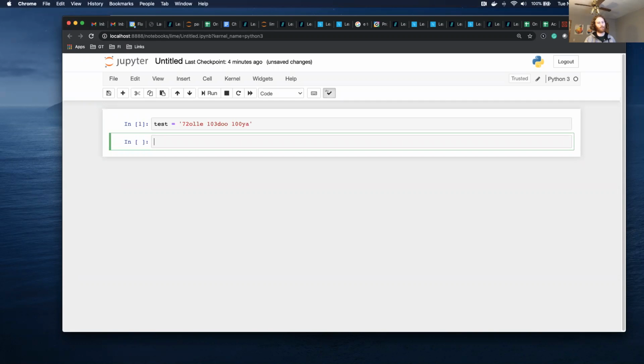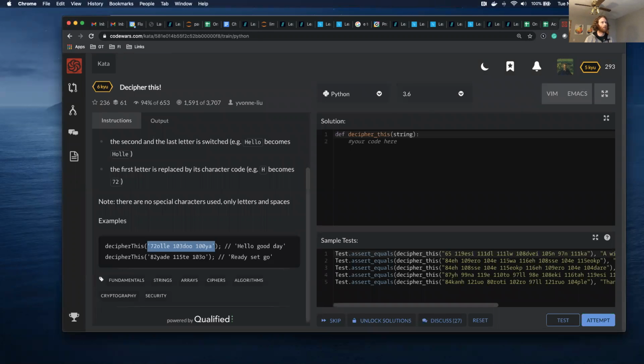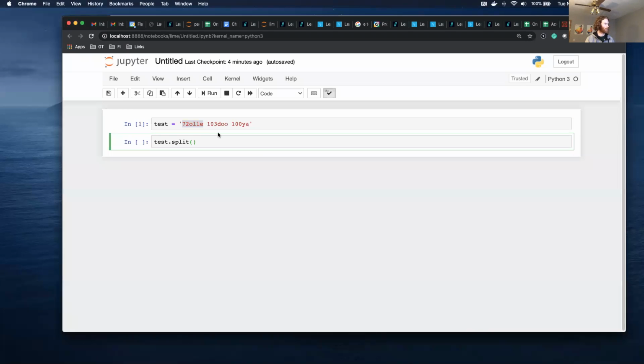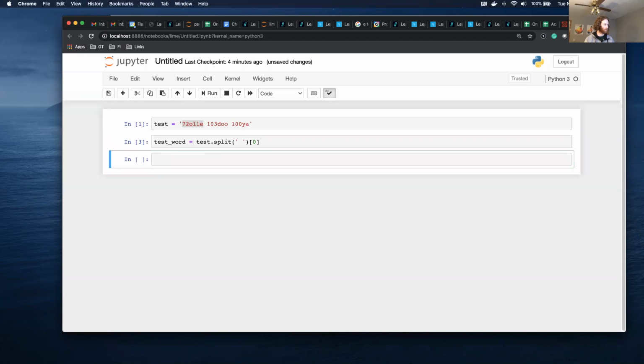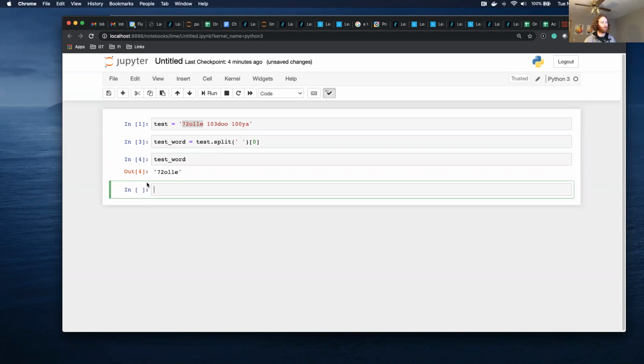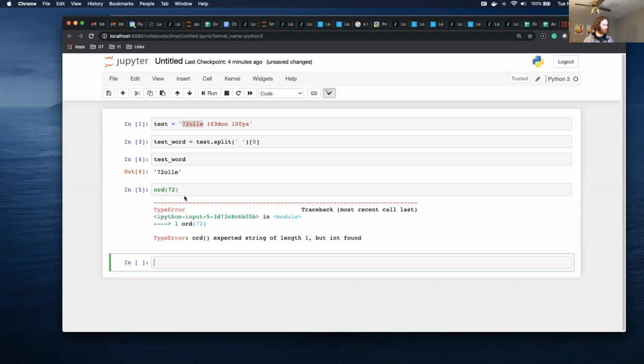So the first thing I want to do is I'm going to do a split on this. I just want to try and get this word first because it's supposed to be hello, I believe. So I want to split on the spaces and I just want the first one. I'm going to call this test word. If I put 72 in,